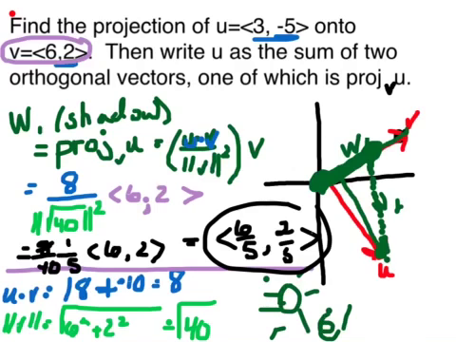Okay. Now, they want to know W1, they want to now know the vector U as the sum of the 2 orthogonal vectors, one of which is the projection of U onto V. Okay, so remember vector U is here, and vector U was an original vector. They want us to write it in terms of the sum